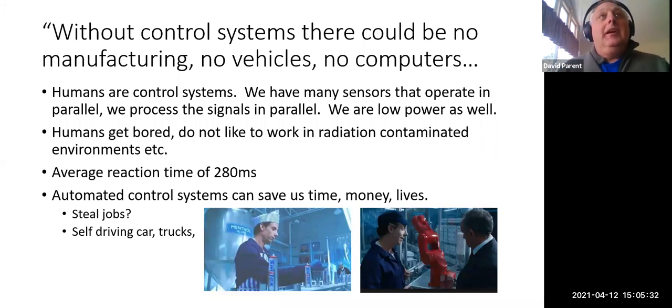Also, as great as humans are, our reaction time is slow. You could almost think of that as 5 tau for a human being 280 milliseconds. But yeah, automated control systems can save time, money, and can save lives, but